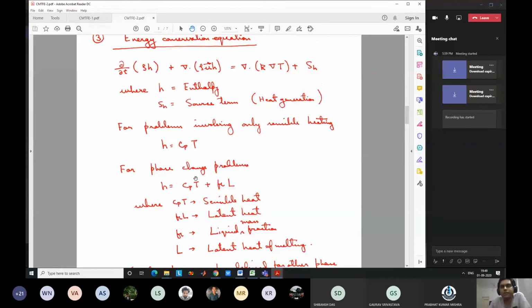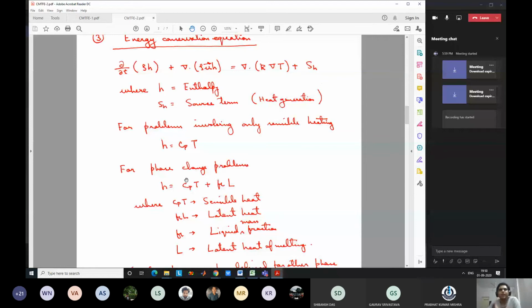So what is happening? Initially, if there is solid at any temperature, what will be the enthalpy? Solid has lower enthalpy than liquid, right? So for the solid, if I take Fl as mass fraction of liquid, this term will become 0. If you don't understand, please let me know, I will repeat. Fl is the mass fraction of liquid. So if any control volume is fully solid, it means that Fl is 0. So this term is 0, and the energy content at temperature T is Cp into T.